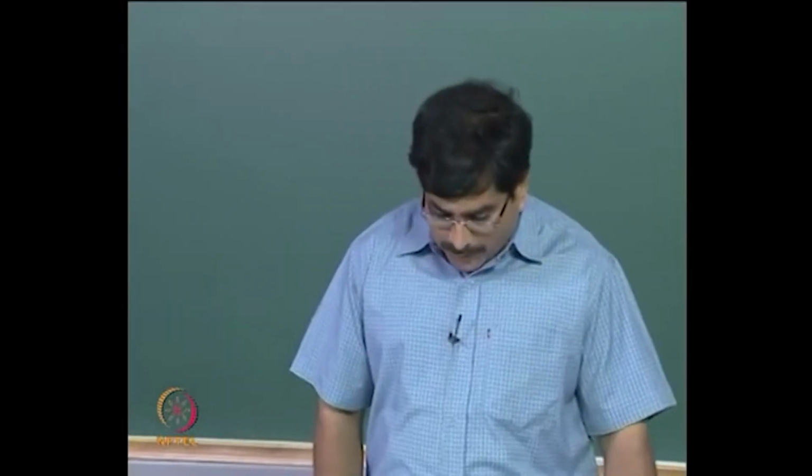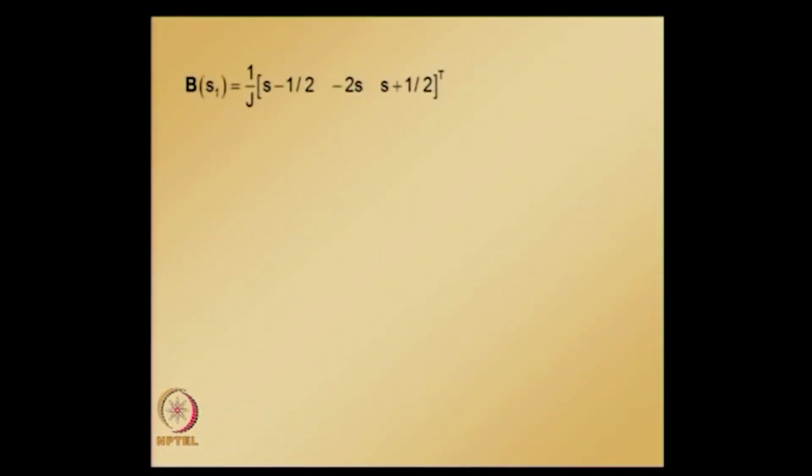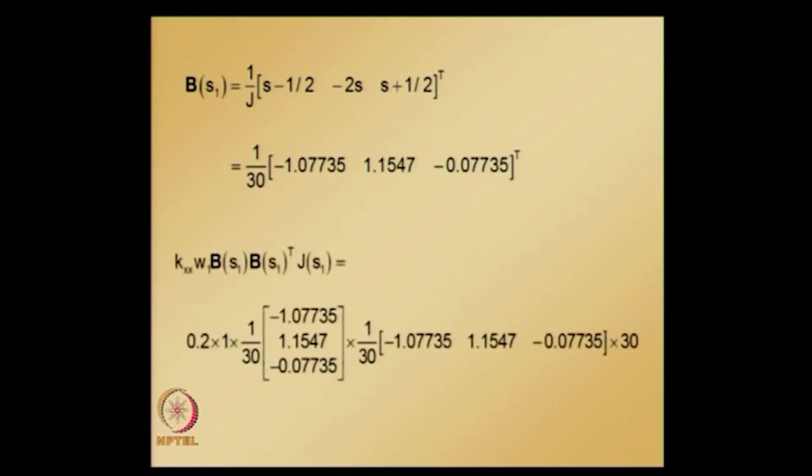So, substituting all this, and also B, which is a vector of shape function derivatives. So, once we have these quantities, we can plug in and get the integrand value at integration point 1 multiplied by weight,